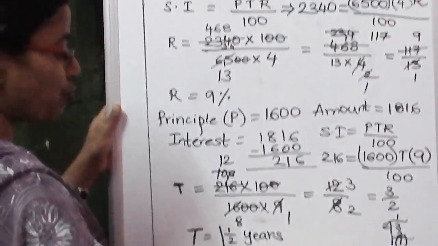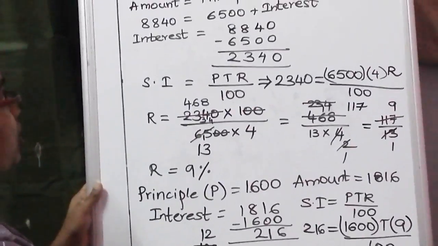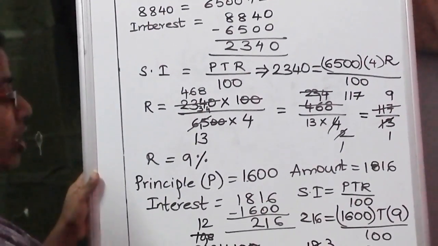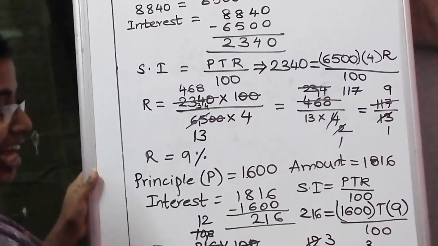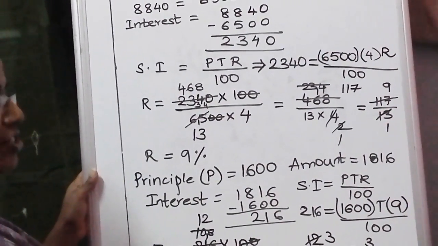Copy this in your class workbook. With this, we finish ratio and applications chapter. Tomorrow, in the next class, we are going to begin with the next chapter,